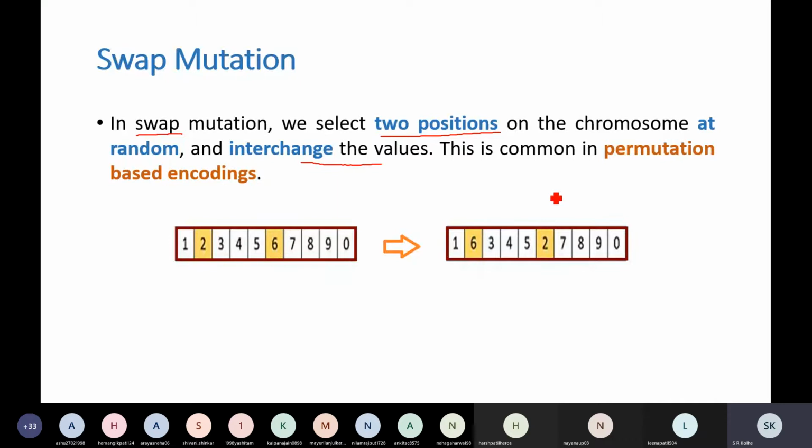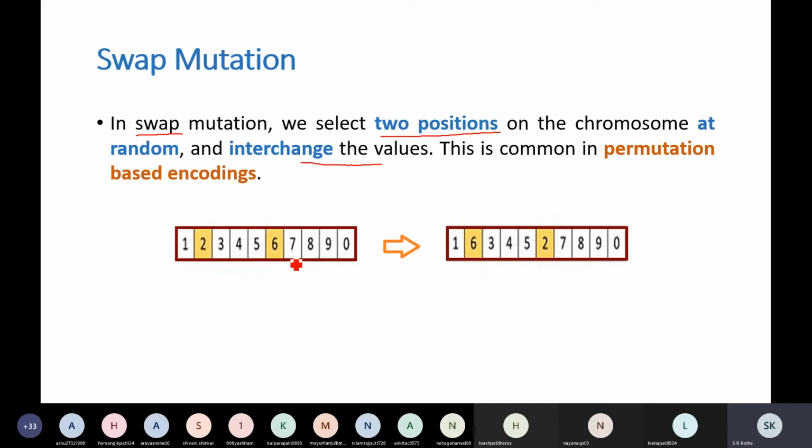Okay, listen to this carefully. What is permutation based representation? In permutation based representation, you will have permutations of the available genes or values, so no value will be repeated.